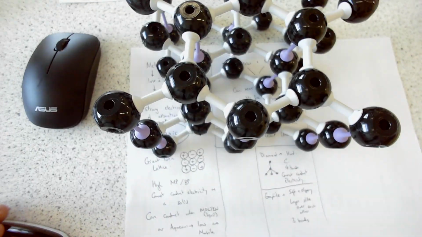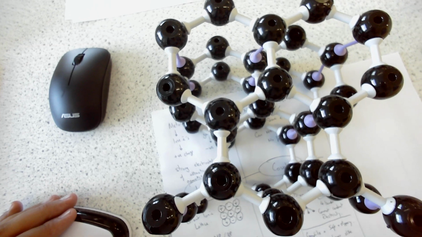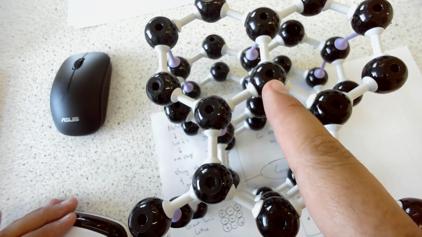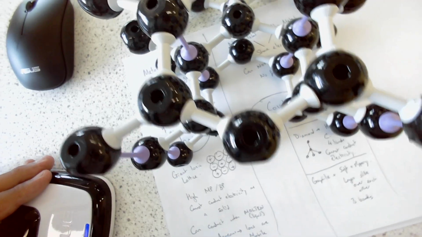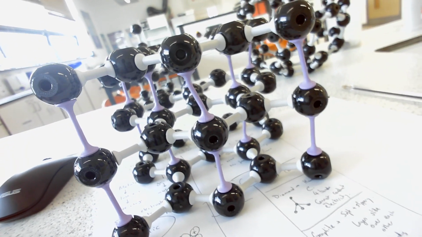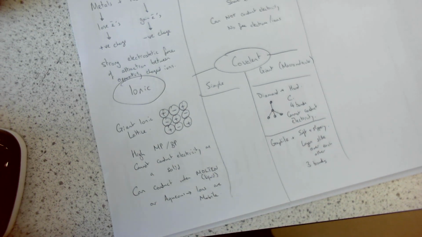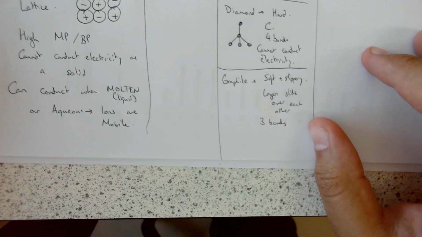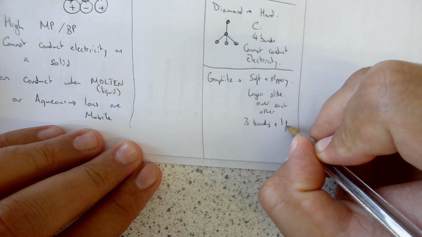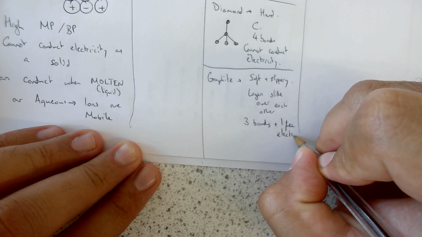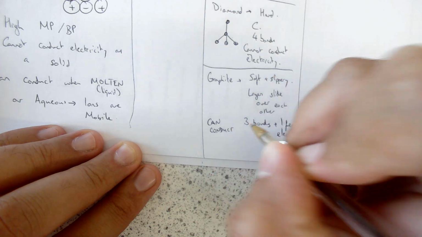And from the top, it looks like hexagons. So the hexagonal rings, this carbon is bonded to 1, 2, 3, and there are layers, and in these layers we've got 3 electrons. So carbon can form 4 bonds. In graphite, it has 3 bonds and 1 free electron. It can conduct